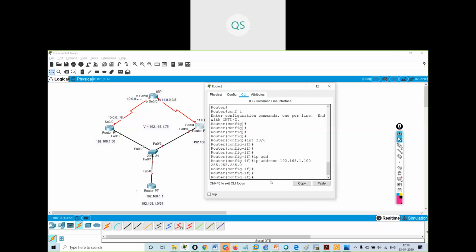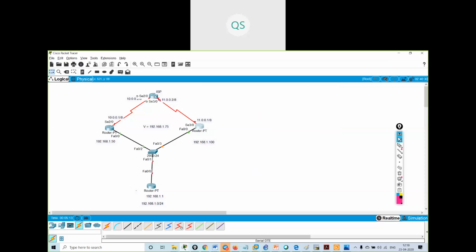No shut, interface serial 3/0, IP address 11.0.0.1 255.0.0.0, no shut. Okay, I've configured these two routers.